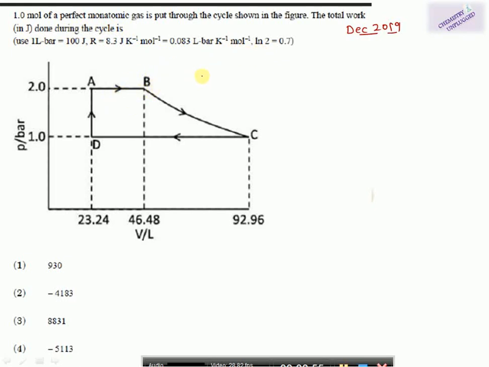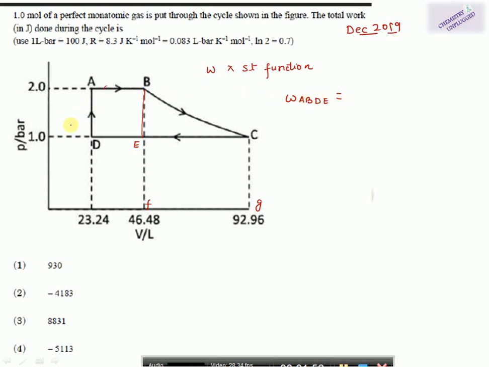We have discussed in the first part that work is not a state function. It is not a state function, which means it depends on the path followed. So we can calculate the work by the area of this graph. Because it depends on the path, we can use this area to determine the amount of work done. You can divide this graph into two halves. You can calculate the area of this square first. Suppose this is E, and I will write here F and G. So you can determine the area of this graph WABDE.